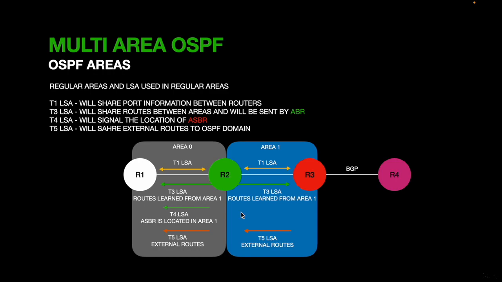It will also, R2 will also send a type 4 LSA, and it will inform other routers that the ASBR is located in area 1. Since this is a regular area, the ASBR will send a type 5 LSA, and it will share the external routes. The type 5 LSA is passed to the ABR, and the ABR is passing the type 5 LSA to other routers